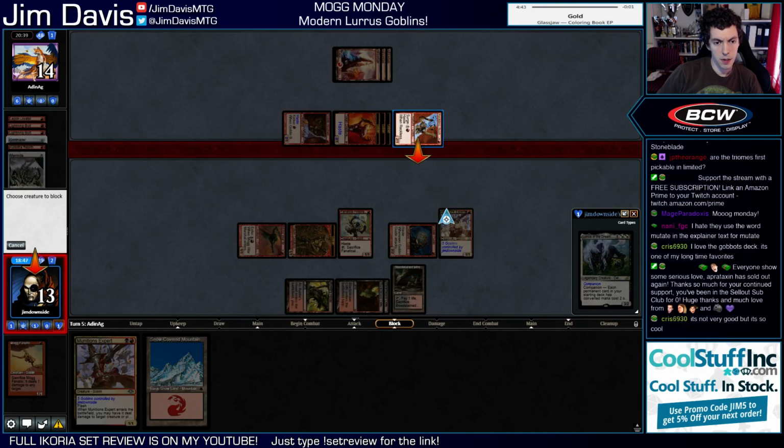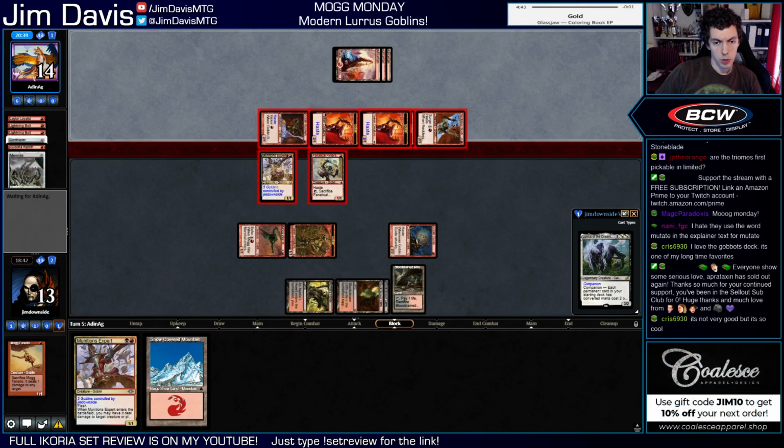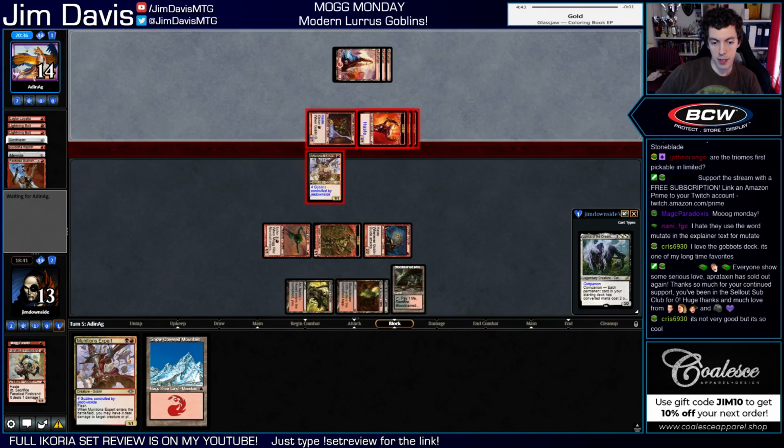Block here, because I want to kill the actual thing. It's like 4 total, so we are in double Goblin Grenade range if they're going to get super lucky on us, but...